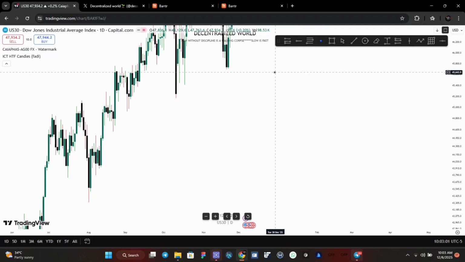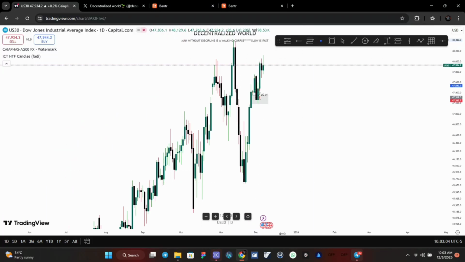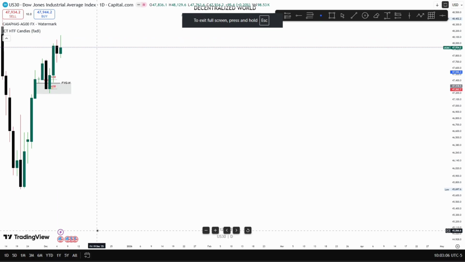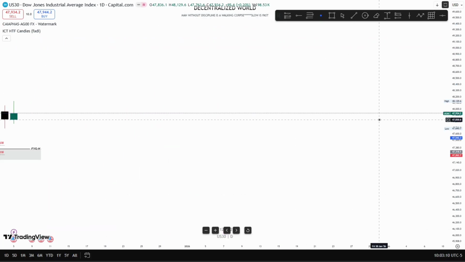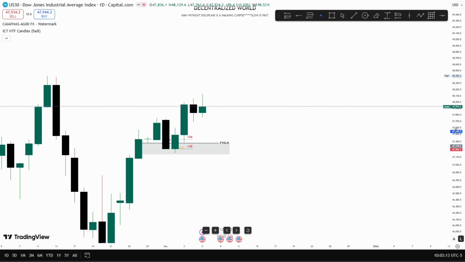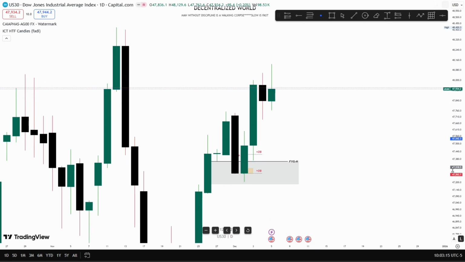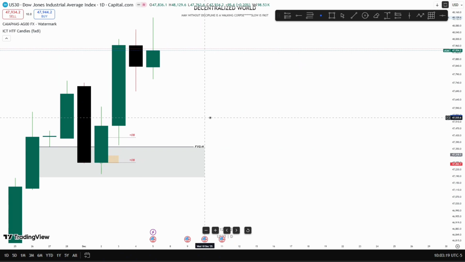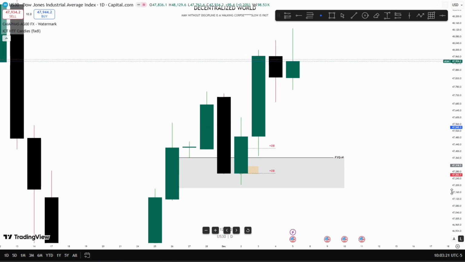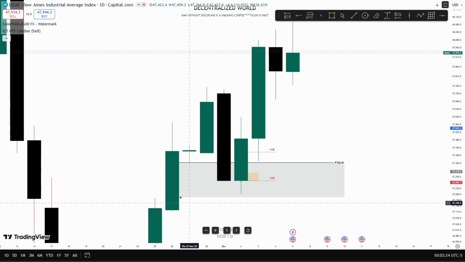Alright guys, so this is a quick recap on a trade that I took last week. I'm trying to keep this very simple and short so that there's no need to complicate something that's quite simple. If you take a look at this price action, you notice that already we are inside a fair value gap. As you can see, you have a fair value gap high, and then